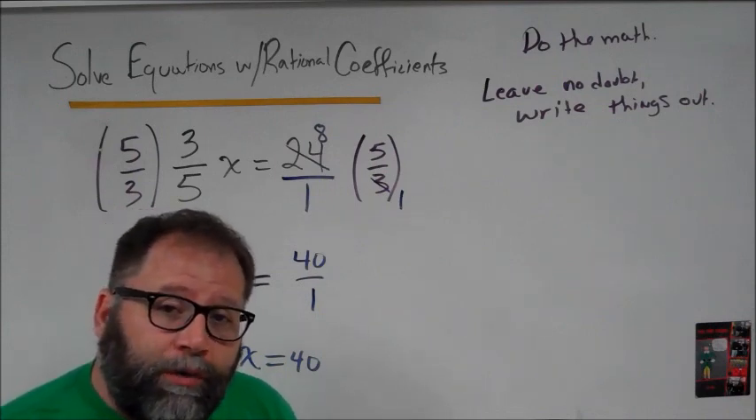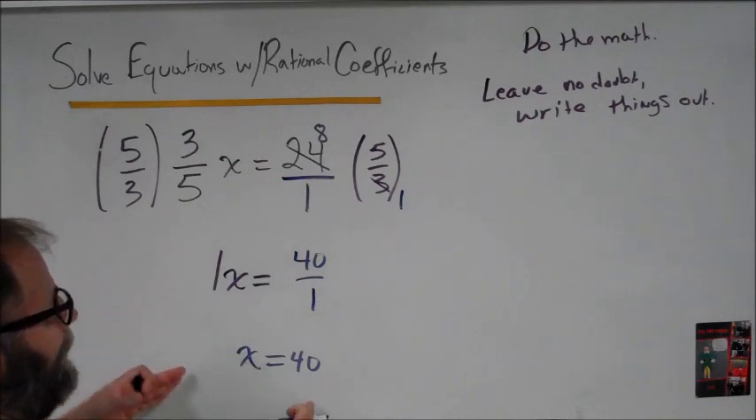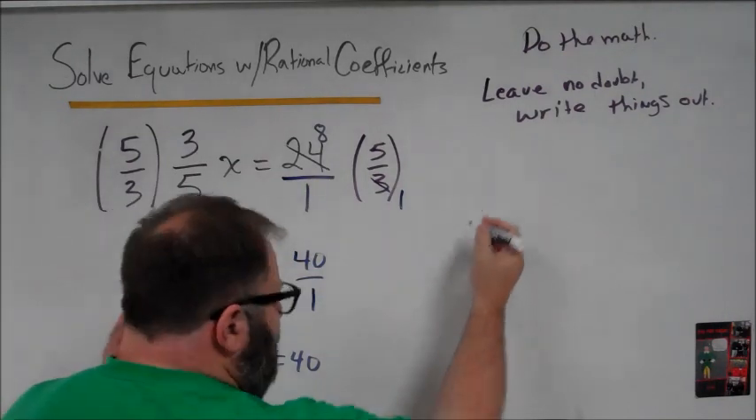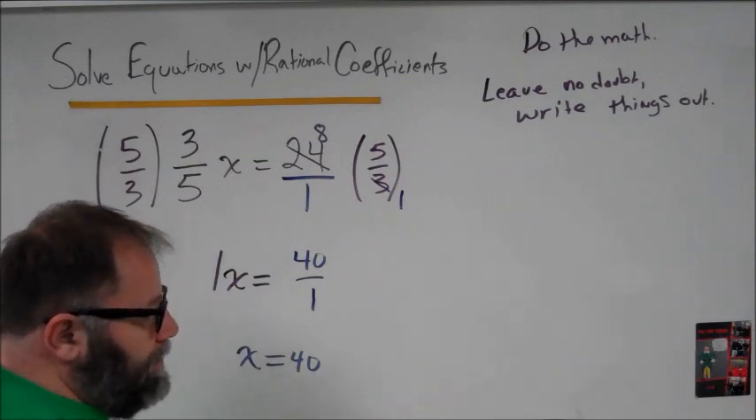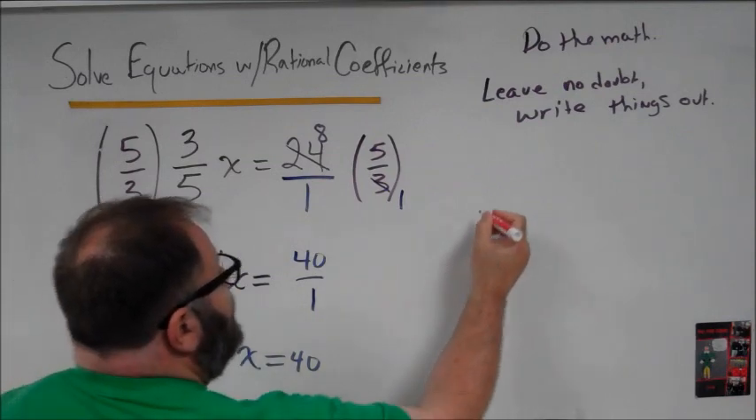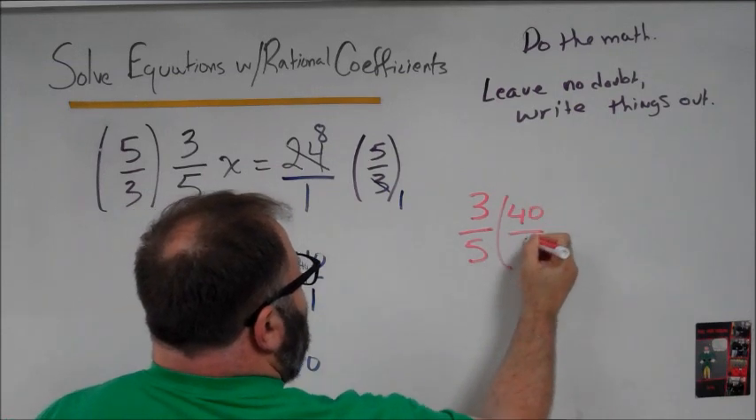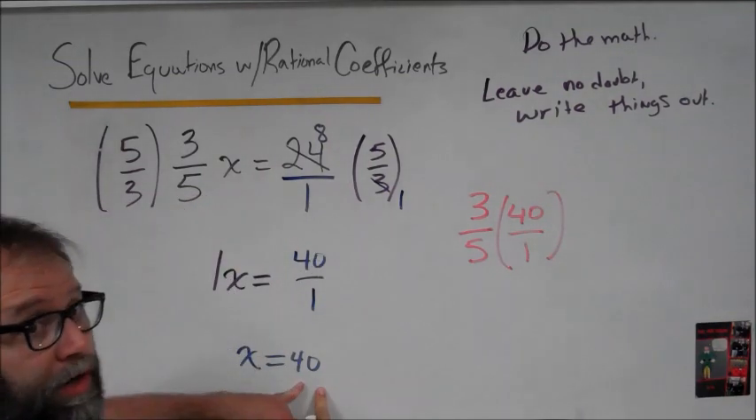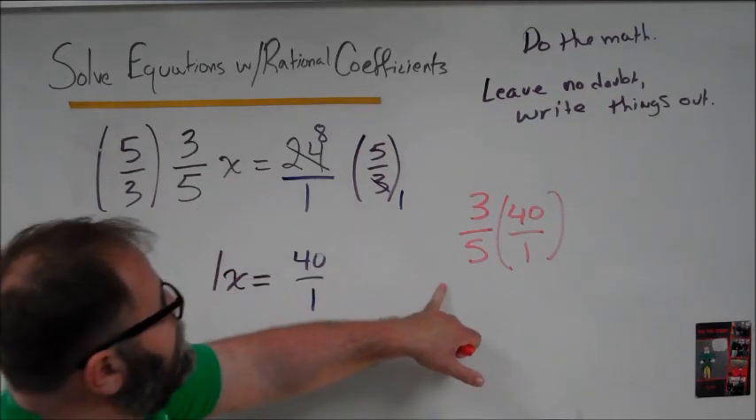So in everything that we do with equations, you can check to see if you're right. Let's do the check here. So we'll put 40 back in for x. So when we rewrite this over here, let me pick a different color. Let's go with red. Let's see how good this red is. So I've got 3/5 times 40 over 1. So I've taken the 40, because x is equal to 40, and I've put it in for x,